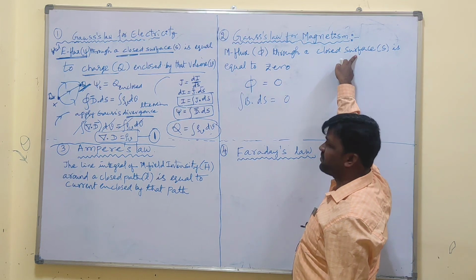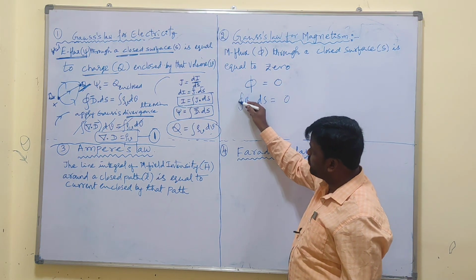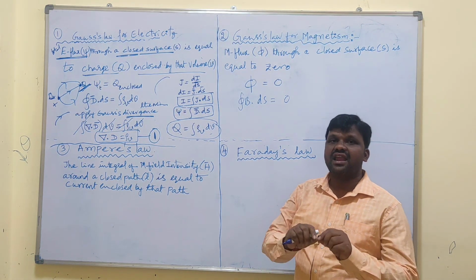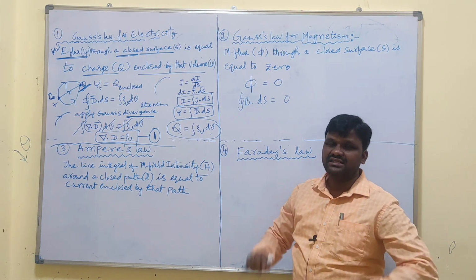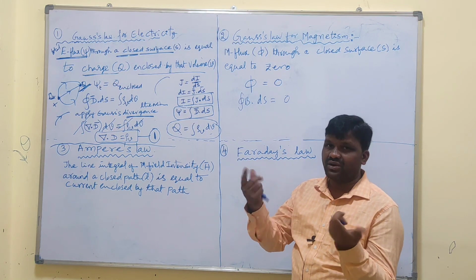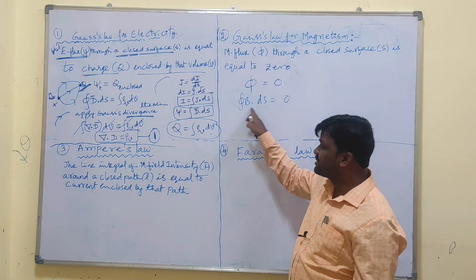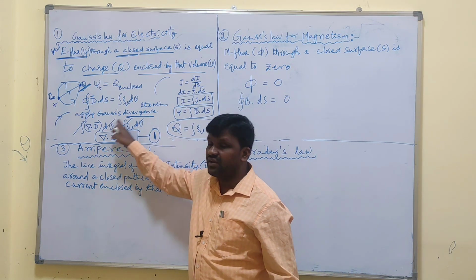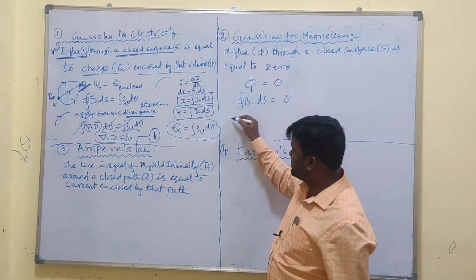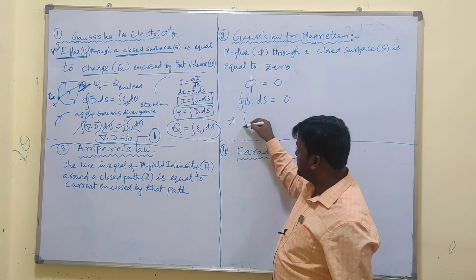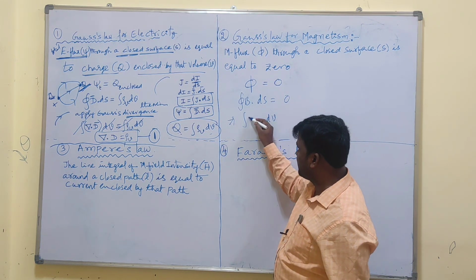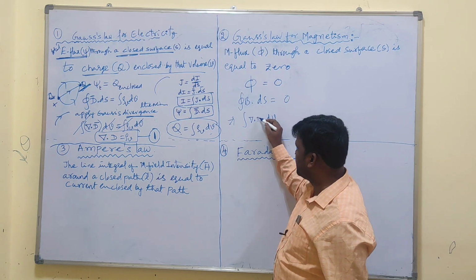But this flux is what? Magnetic flux through a closed surface. As it is closed surface, we need to take what? Closed surface integral. I said that a closed line becomes surface. Closed surface becomes what? Volume. That means we can convert this closed surface integral into volume integral by applying Gauss divergence theorem. Apply Gauss divergence theorem to this one. This closed surface integral becomes what? Volume integral, and this vector becomes what? Divergence of that vector,